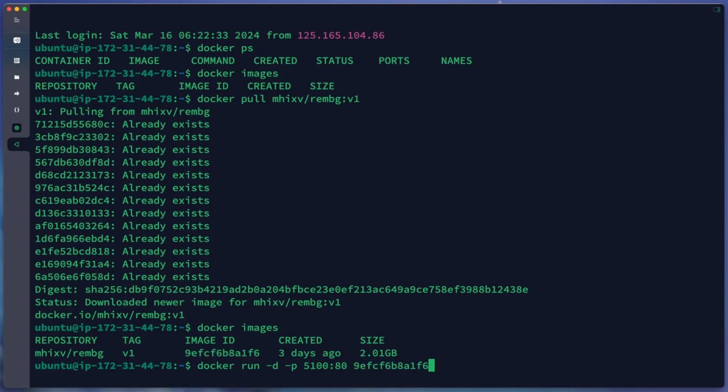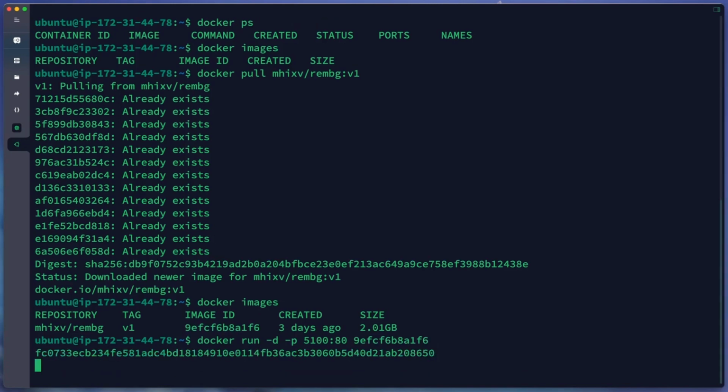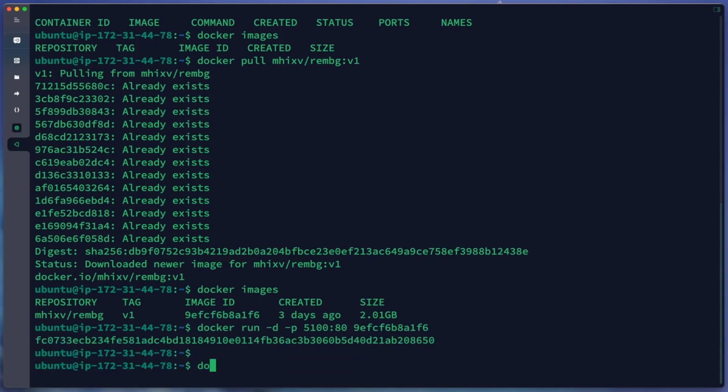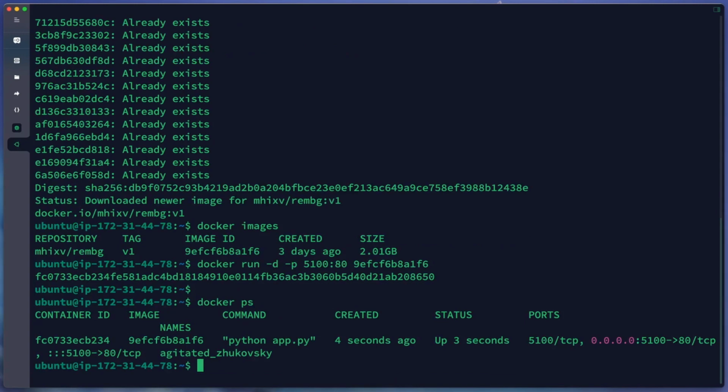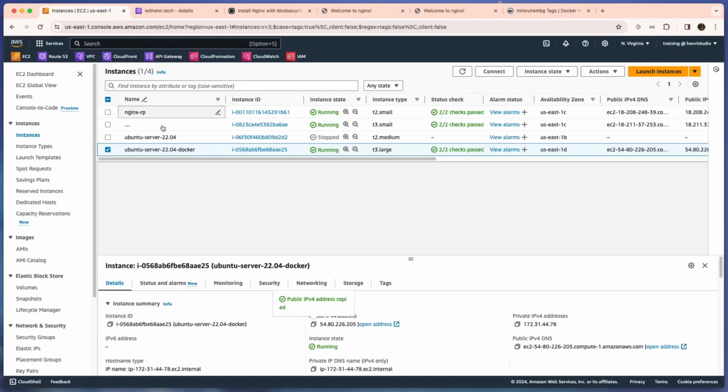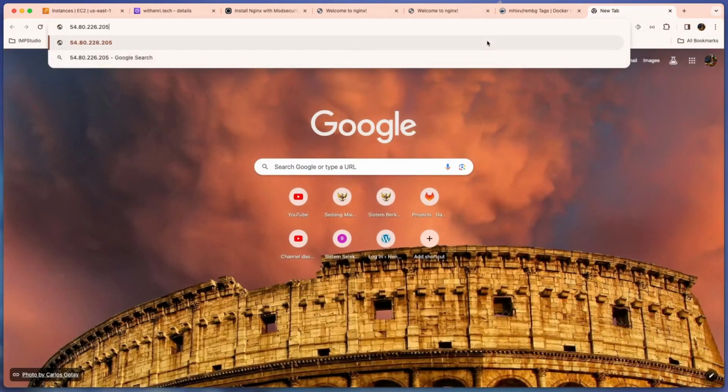We don't specify the container name. Okay, now we try Docker PS. Okay, it's up and running right now. You can go to the browser again, copy the public IP. We enter port 80.